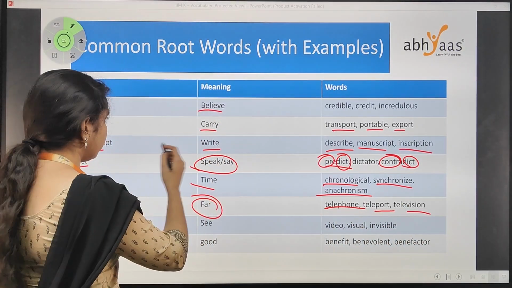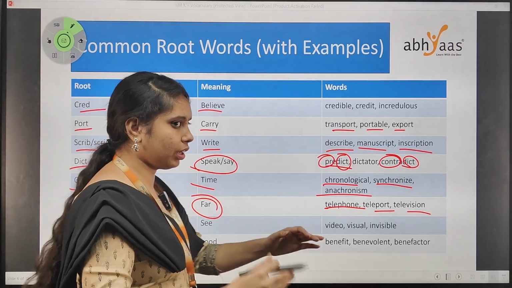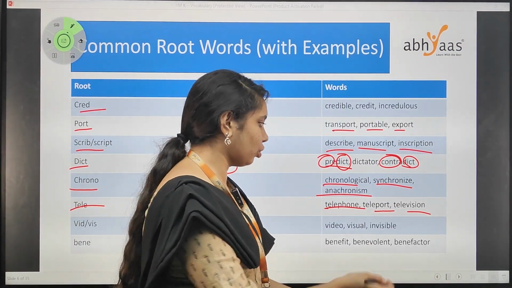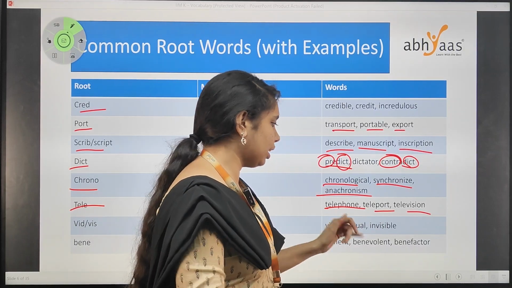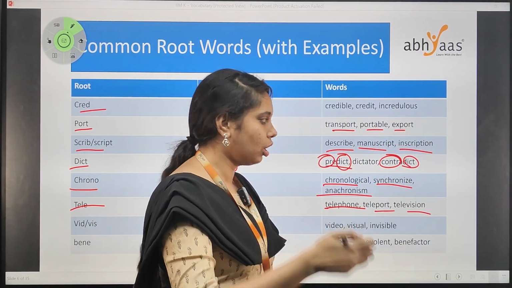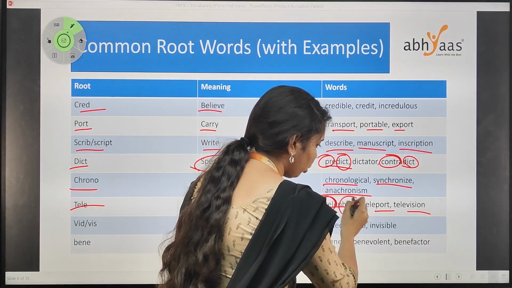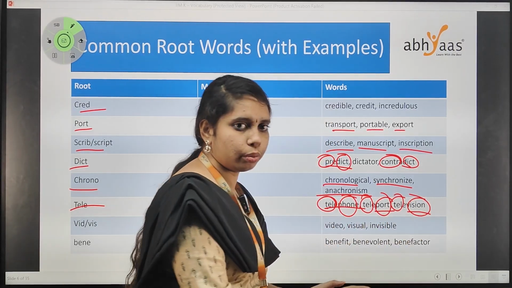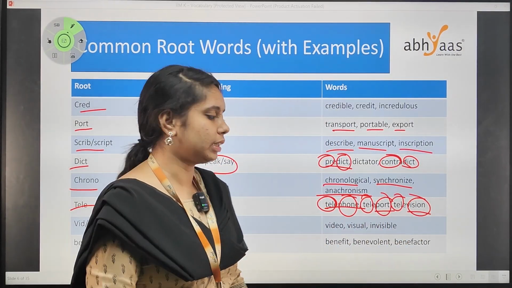What is the meaning of port? It is to carry. Tele is far. When you're carrying something far, that becomes your teleport. And then you have telephone. Phone is nothing but audio, right? So telephone, something which is far away, you can hear it. So please observe that these are root words that we are discussing here. Just by the combination of root words, you are able to form new words here.